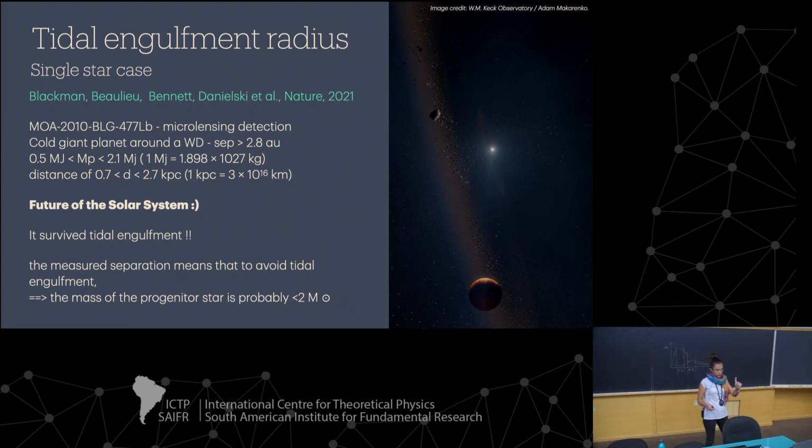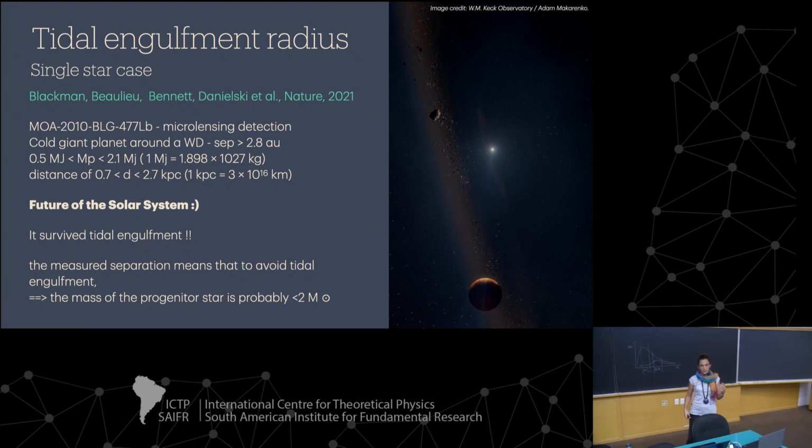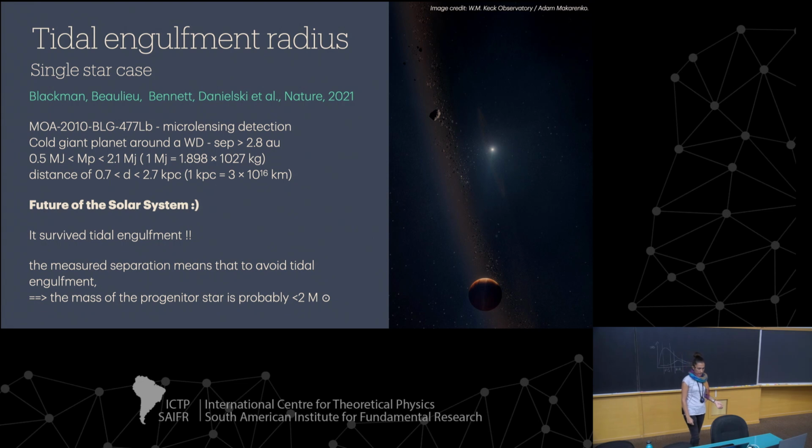It's around a single star, this one, that survived the tidal engulfment radius, and obviously it had possibly an orbital expansion. We don't know exactly where it is because it's a microlensing observation, so it doesn't give us specific details about the characteristics. But we got a JWST proposal, so it's going to be observed in September. And we are going to have more constraints on that,